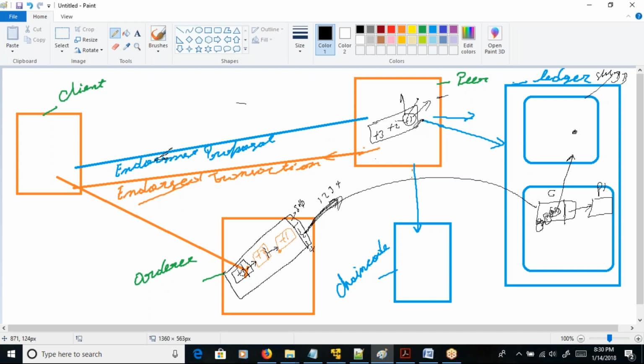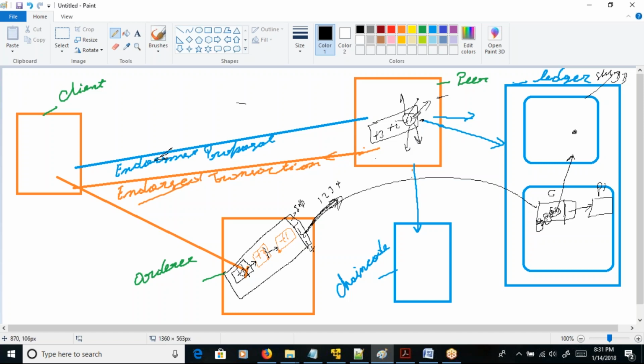Okay, we'll see how we create the MSP and how we configure the MSP in the peer. Okay, so it validates if it has a valid signature of a valid endorser, with the help of MSP, right? So this is the second check. Okay, if that check is also passed, then the third check is